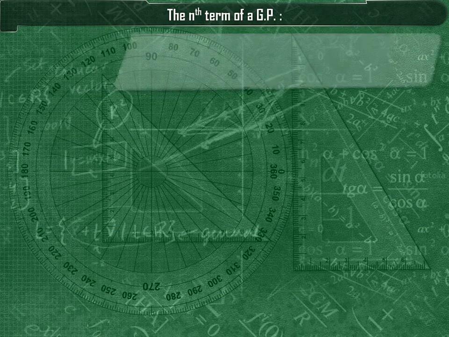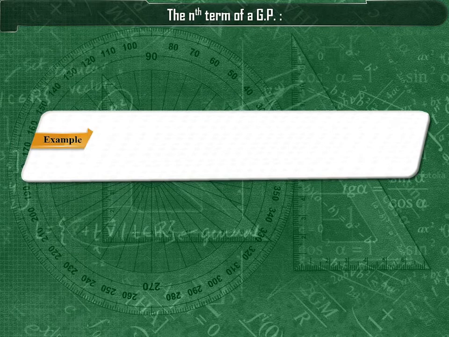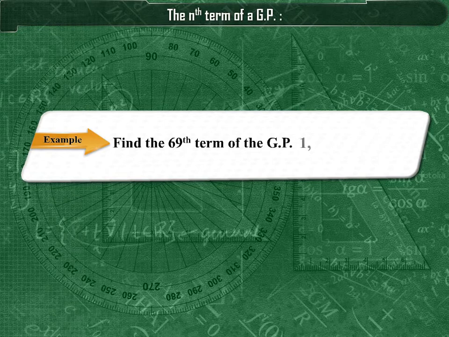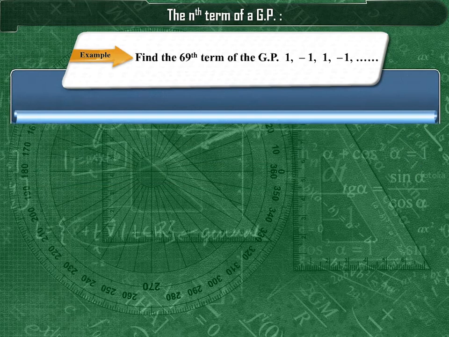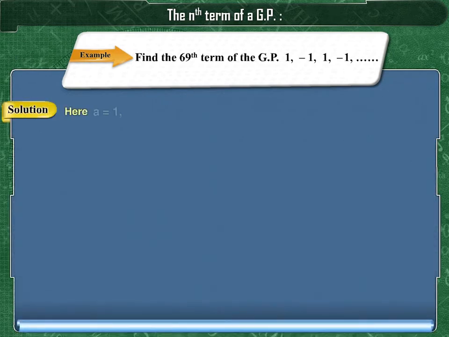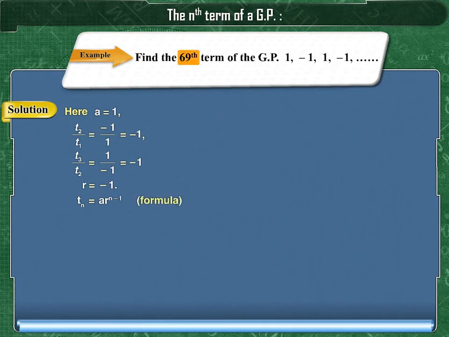Let us solve one more problem. Find the 69th term of the GP 1, minus 1, 1, minus 1 and so on. Here, the first term a is 1 and the common ratio r is minus 1. We know the formula Tn is a r raised to n minus 1. Substituting n is 69, a is 1 and r is minus 1 in the formula, we get T69 is 1